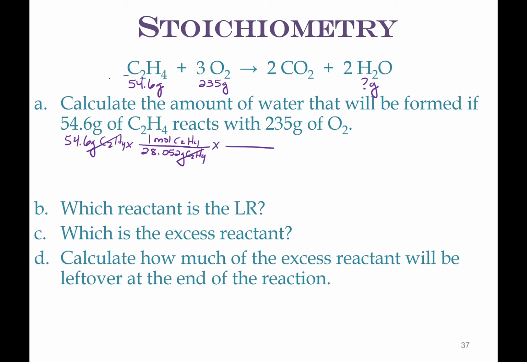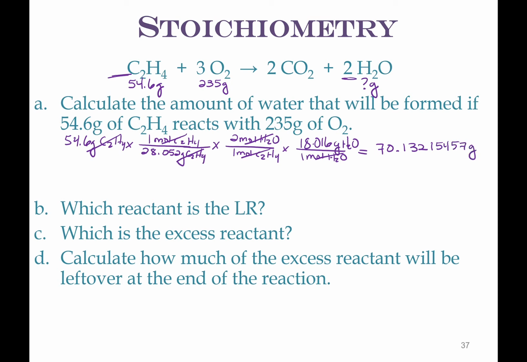So 1 mole of C2H4 will produce 2 moles of water. And every 1 mole of water has a mass of 18.016 grams of water. That gives us 70.132, 15457, I think,